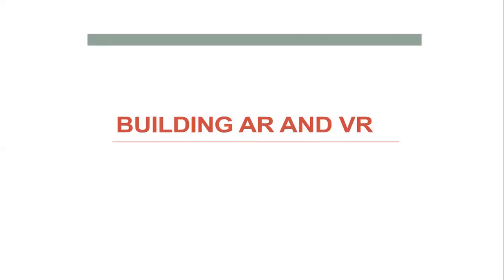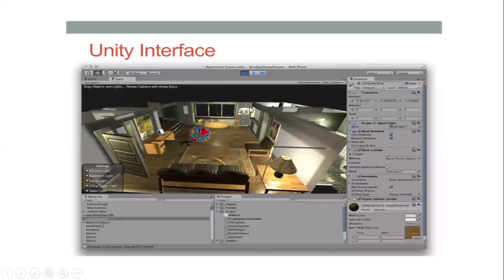So how can we build the AR and VR view? In that, first we have to set up Unity. That's the reason I asked everyone to install the Unity project. As soon as you have installed your Unity project, you have your Unity interface. We say this page is the Unity interface. You must not be seeing anything here, where I have added everything here. So that's why you can see all the things here.